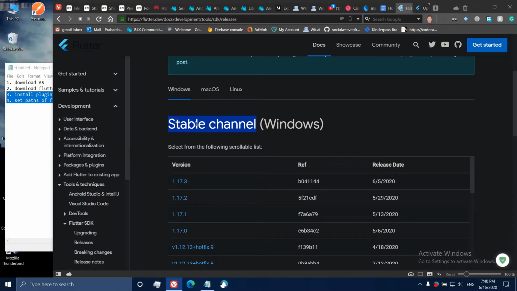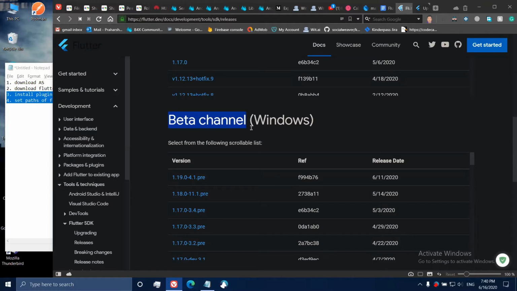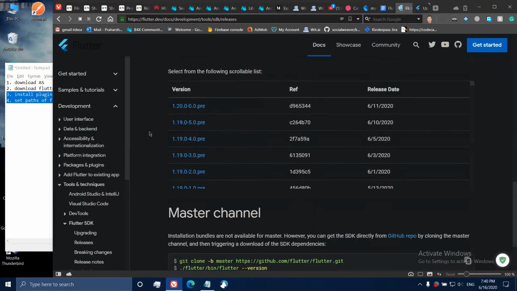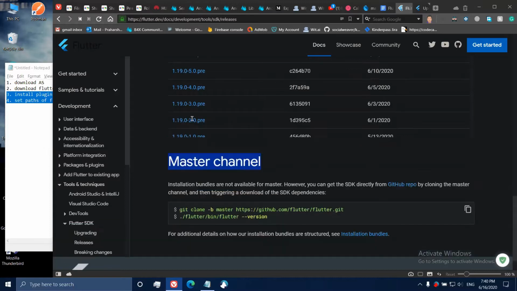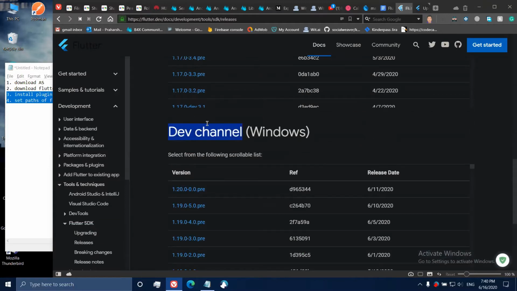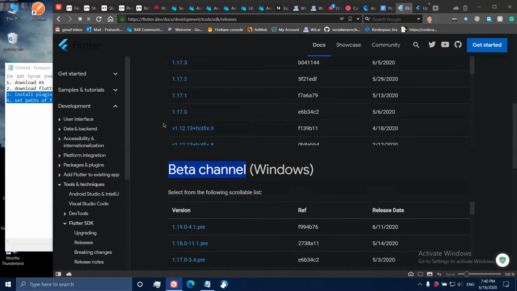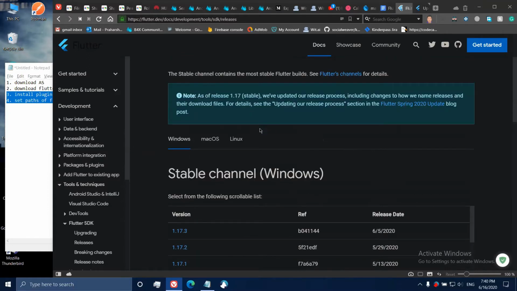Now, if we come down to the beta channel, we can use the beta channel to test. New features are firstly added in a master channel. Then, once they are fixed of some bugs, they are pushed onto the developer channel, and then they go to the beta channel. And once everything has been done and fixed, the last channel is stable, that you get once every